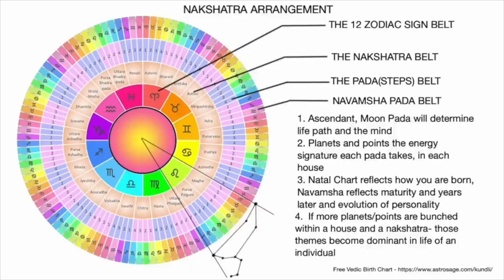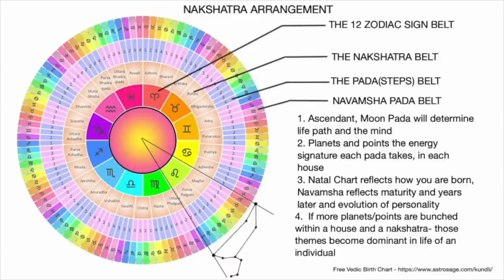Within the Navamsha, each zodiac sign is divided into 9 parts of 3 degrees 20 minutes each. Each nakshatra therefore spans a total of 13 degrees and 20 minutes. Each nakshatra has 4 divisions of padas. Padas means, in this case, steps. As a result of this uneven distribution, many zodiac signs will spill over to the last padas or into different nakshatras, or some will even split in half. For example, Mars ruled nakshatras are all split in half between 2 adjacent zodiac signs.